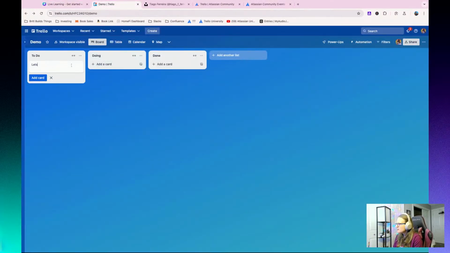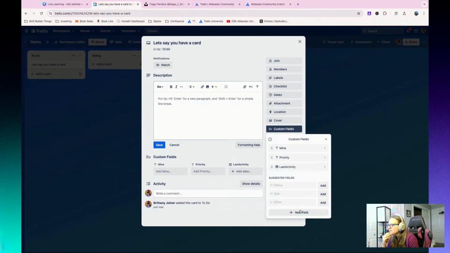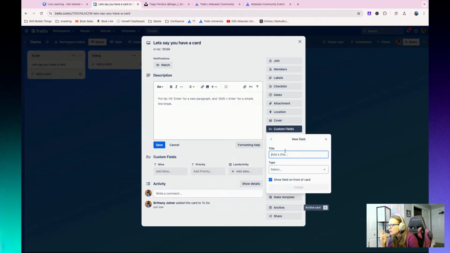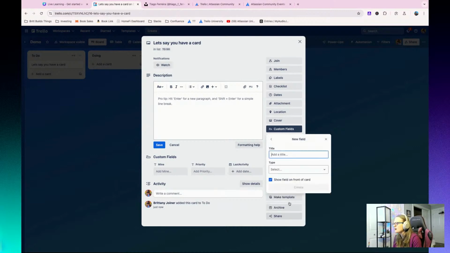So let's say you have a card and you can add all these things to it, but maybe I also want to show a planned date that's different than my due date. Maybe I want to make a planned-to-work-on date. You can make a custom field, and it can be one of these types of options. It could be a checkbox, a date, drop down, number, text, whatever you want.